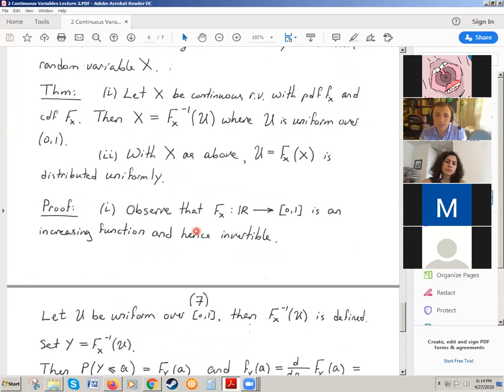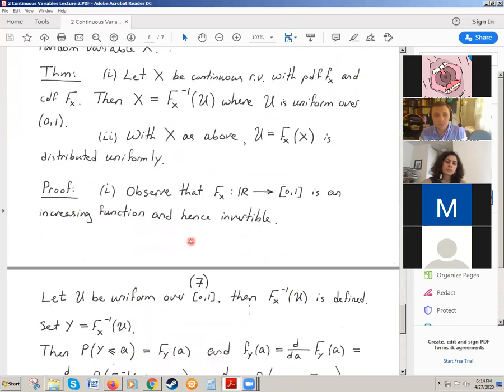Yes? So if I have a uniform random variable over 0, 1, then I can set up y to equal the inverse image. This is just a function, right? When I think of it as a function, there is nothing that happens here by chance. It just maps different real valued numbers in R to numbers between 0 and 1. So it's just a concrete real valued function, and it has an inverse because it's an increasing function, yes?